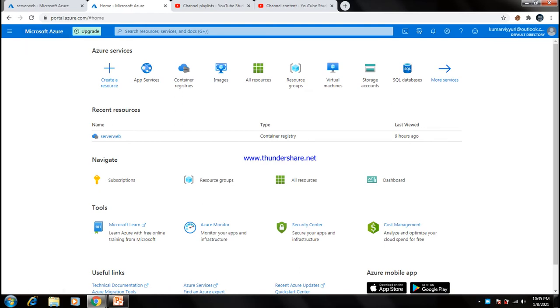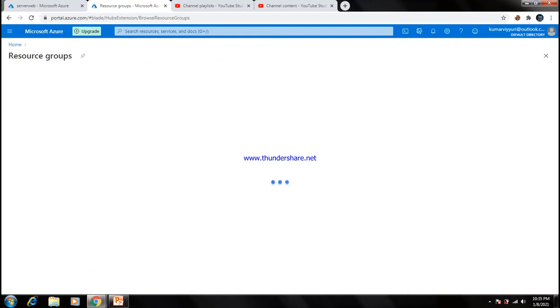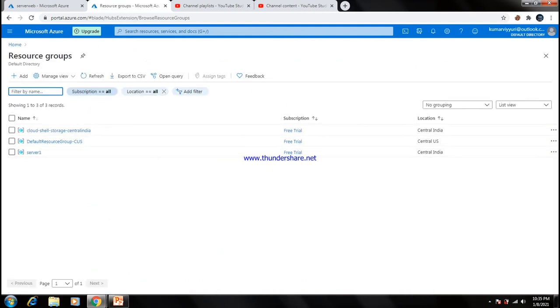First you want to go to the services. So see, there are a number of services in your Microsoft Azure services. Of these, you want to configure the app service. Before going to the app service, first you want to create a resource group. The resource group is very important. So add the resource group.